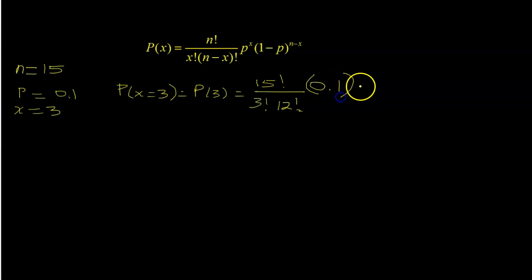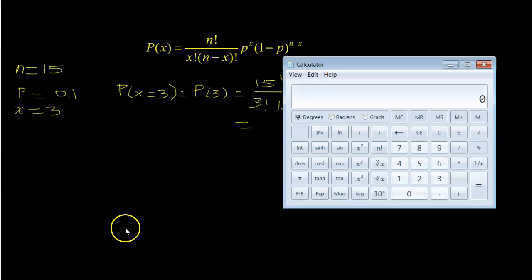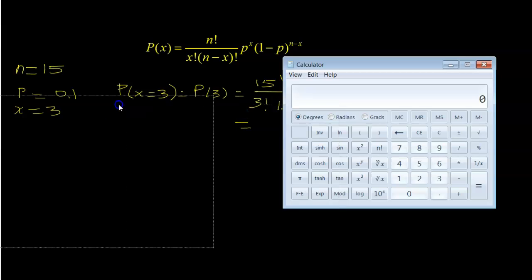of our population with the characteristic of interest. In this case, we know 10% are defective. We got to raise that to the power of x, which in this case is 3, and we're multiplying that by 1 minus p, so 1 minus 0.1 is going to get me 0.9. And I'm raising that to the power of n minus x, and n minus x in this case is equal to 12. Okay, so if I go to my calculator here now, and bring this up,